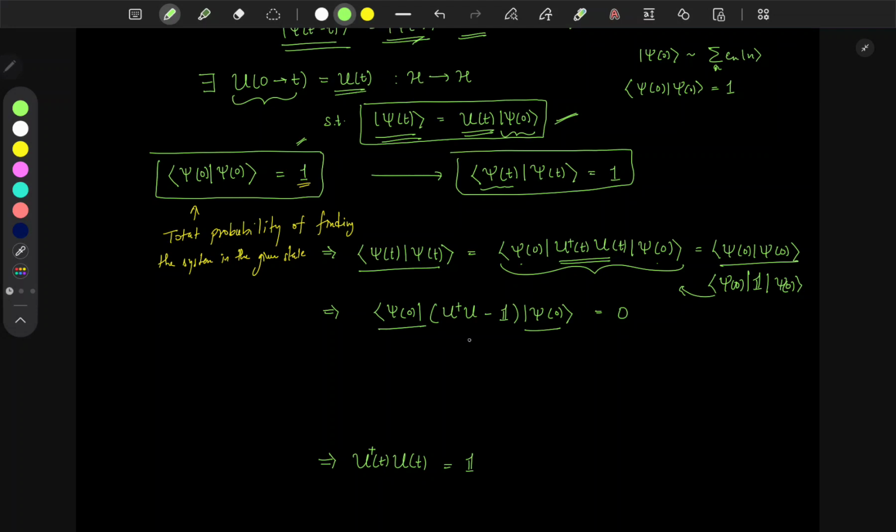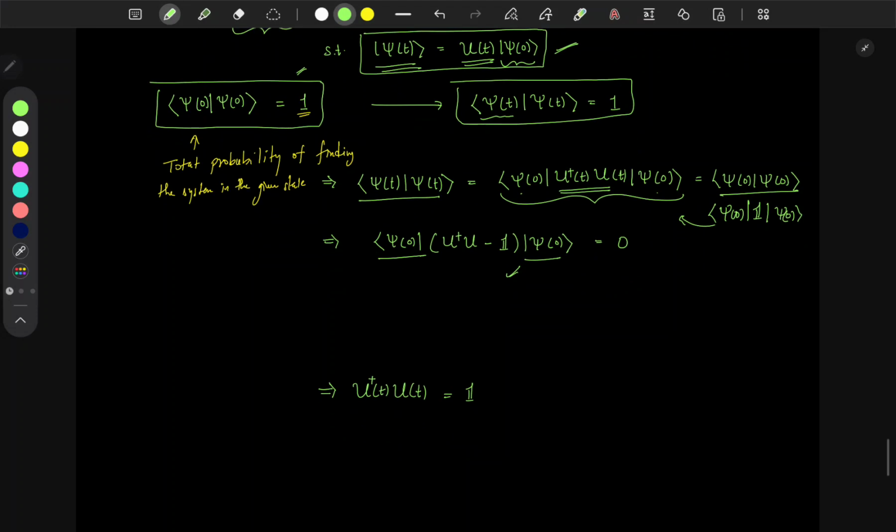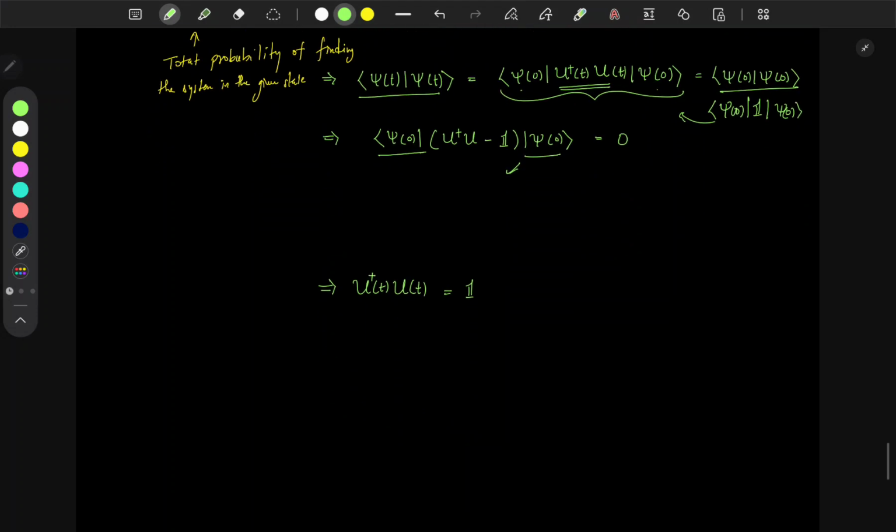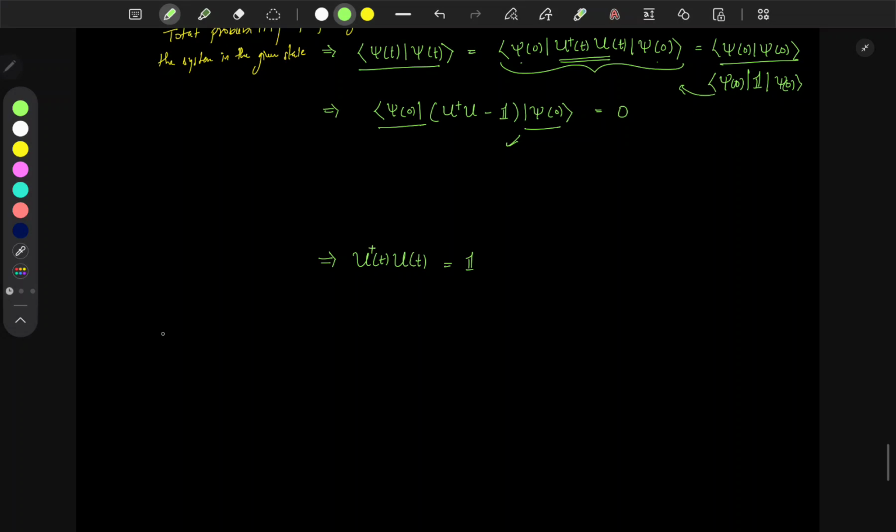What does that mean? Eventually it implies that u dagger u t is 1, but just looking at this you cannot conclude this. Why? So let's get back to a little bit of linear algebra. There is this theorem, which can be proved really easily, that if x is a vector and m is a matrix representation of a map from vector space V to V, then this quantity x dagger m x,